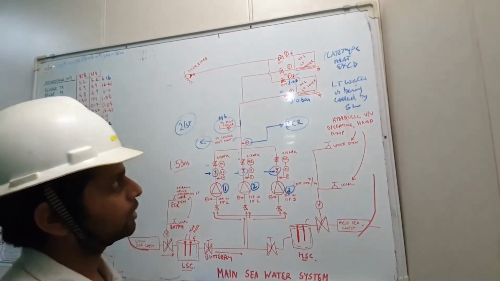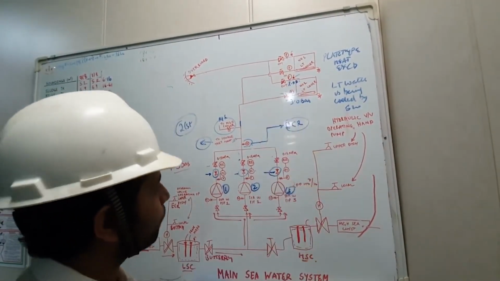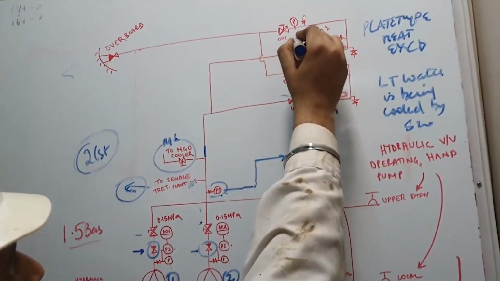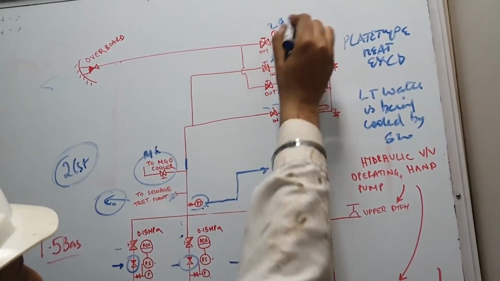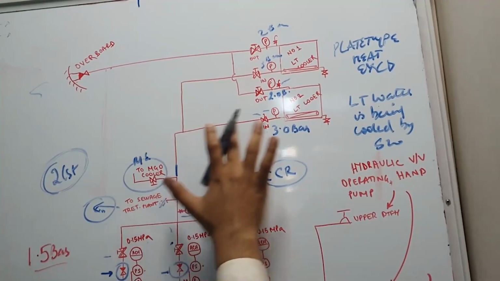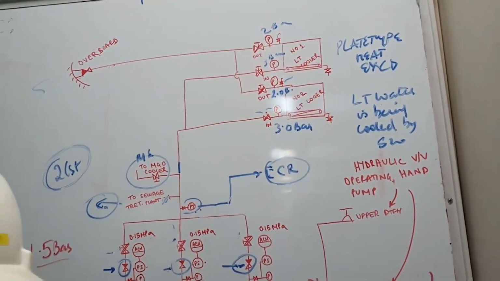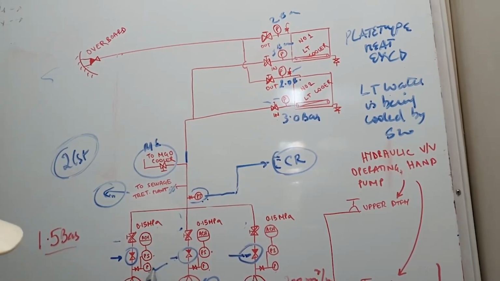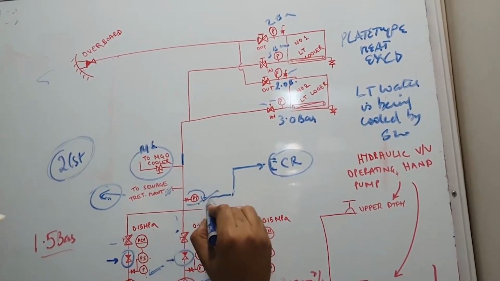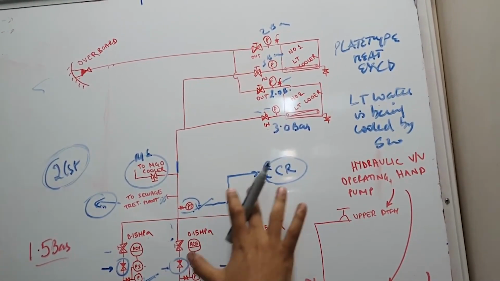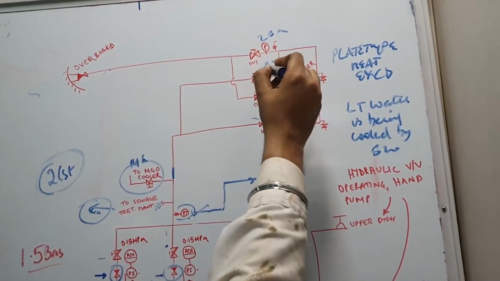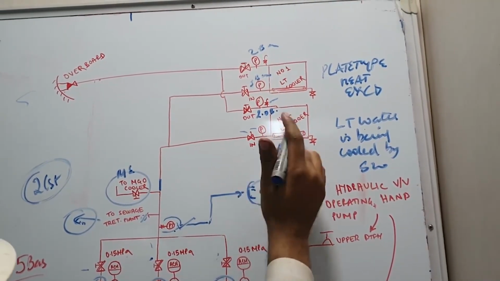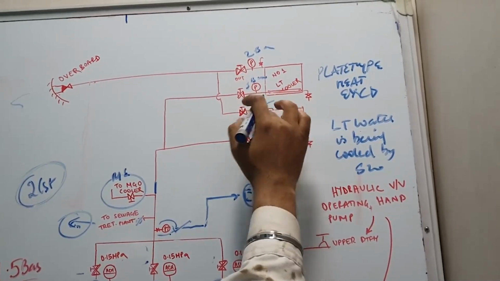Okay, let me put it in a simpler way. What happens is, you have got both these LT coolers on line, same 3 bar pressure over here, 2 bar pressure over here, number 1 seawater pump running and going like this. One day you come, take a round, you see suction pressure is same, discharge pressure is same. You see pressure transmitter is also showing almost similar reading, no issues. You see this LT cooler is showing 3 bar and 2 bar, but you come and see that this LT cooler is showing 3.5 bar and 1.5 bar.